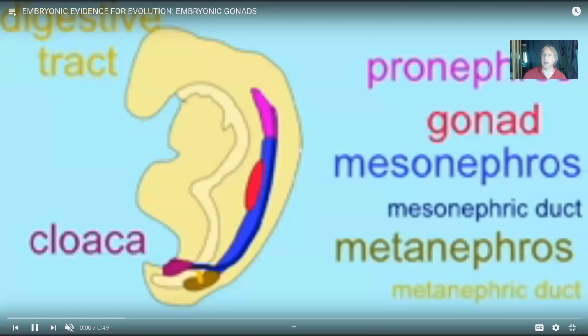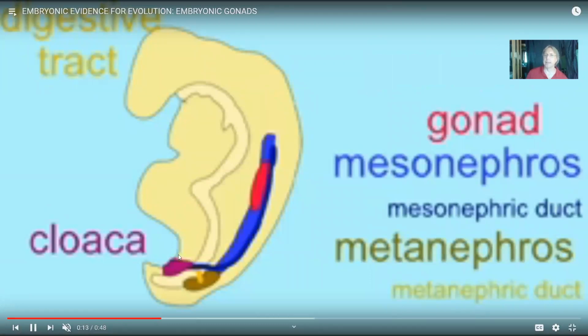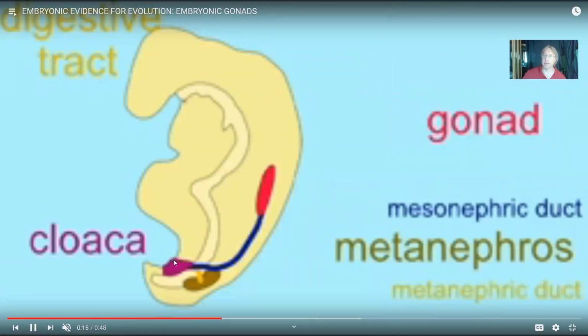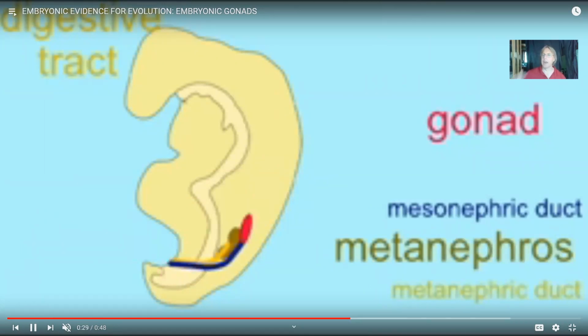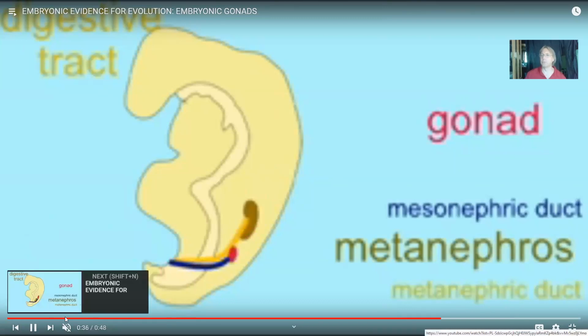In the same way, just as the kidneys begin lower and will have to then rise, the gonad here in red starts high. In both males and females, it starts in the abdominal region. In females, it must descend to the iliac region. This is not the situation in humans, but in animals, say fish, amphibians, reptiles, birds,